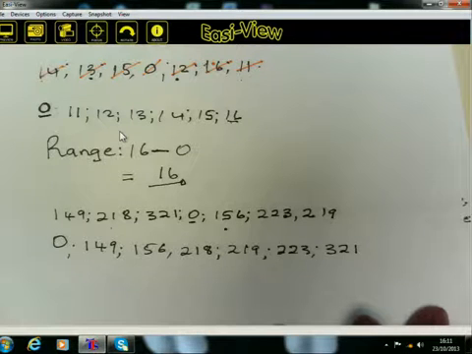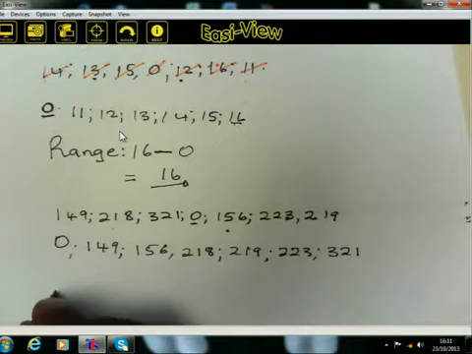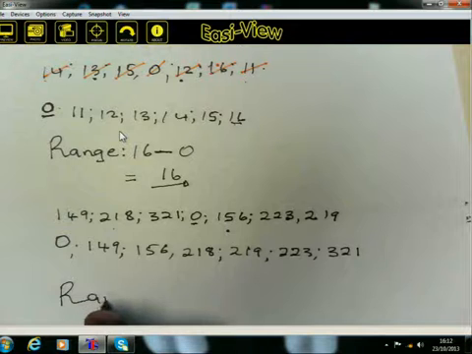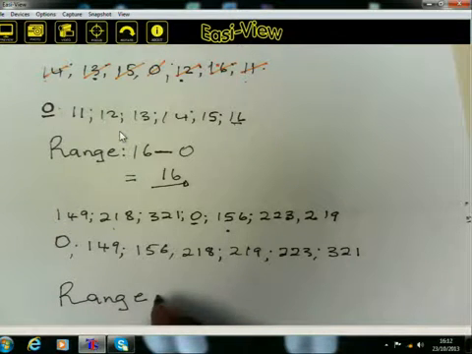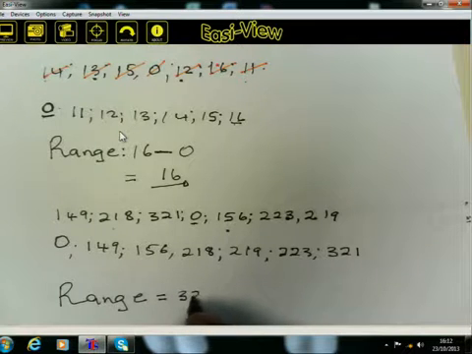What did we say about the range? We said the range is the highest value or highest score minus the smallest or the lowest value. Now, our range, always you write it. For doing this, you get a mark to show them that you know what you are looking for. That the range is equal to, the highest one is 321